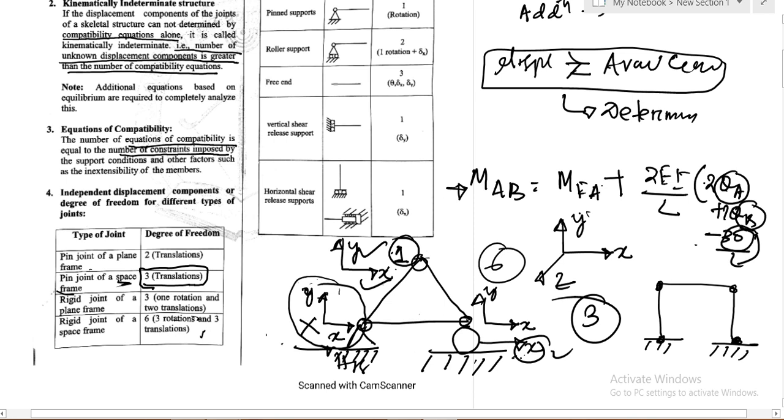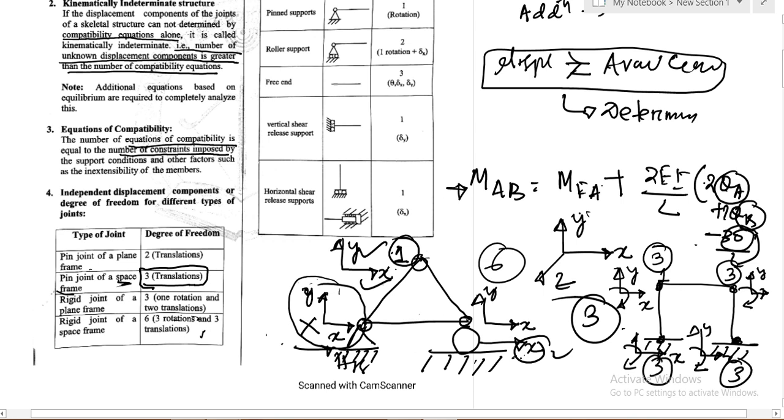So what is the number of independent displacements of this particular structure? At point 1, it can move in the x direction and the y direction, and also an angular rotation can be possible. So at each joint there is a possibility of independent displacement. How many? 3. Here also there is 1 x, 1 y, and 1 rotation, so also 3. Here also it can be x, y, and moment, and here also x, y, and angular deformation. So this is 3, this is 3, total 12.